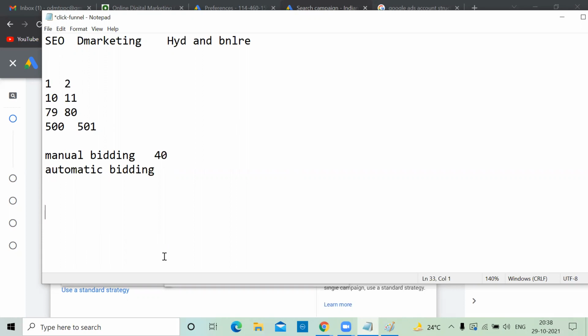In manual bidding, you start with 1 rupee. You mentioned 1 rupee, okay, and you're not coming on top. Remember, in the previous class I mentioned, this bidding is not a static one, it's a dynamic one. When it comes to the IPL auction, if you won Virat Kohli once, that's it. Nobody can win him again. But it is not like this.